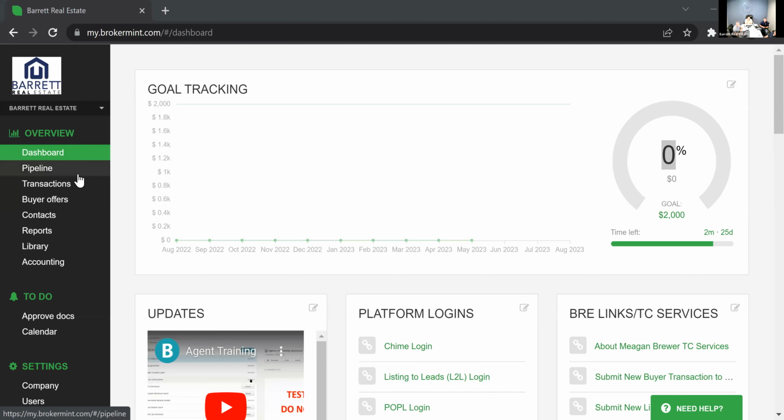There you go. So essentially, this is where you're going to do all your transactions. Every transaction, obviously, you've got to write up paperwork for it. So this is the system that you'll do it. Right. First, we'll focus on buyer offers, doing it from the buyer side, and then we'll do it from the